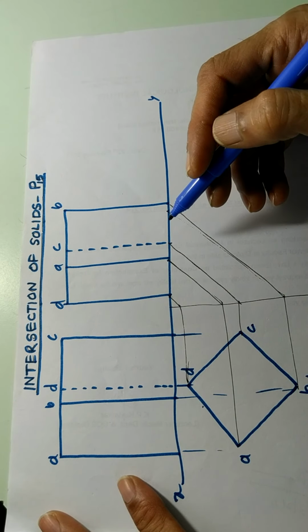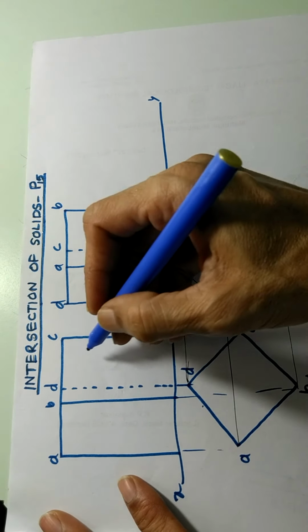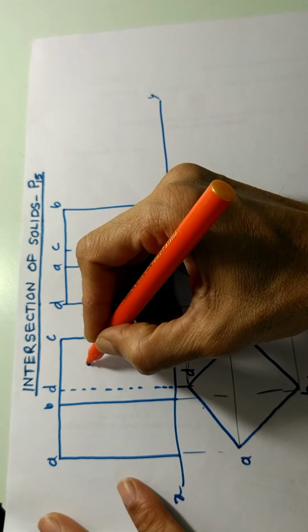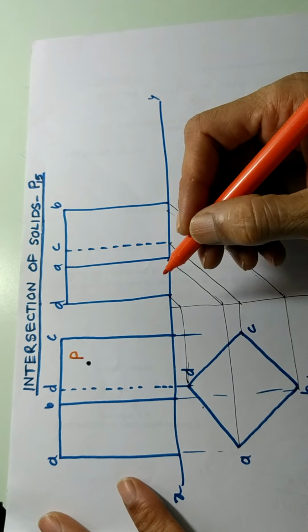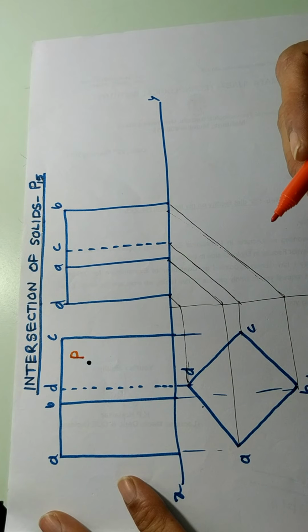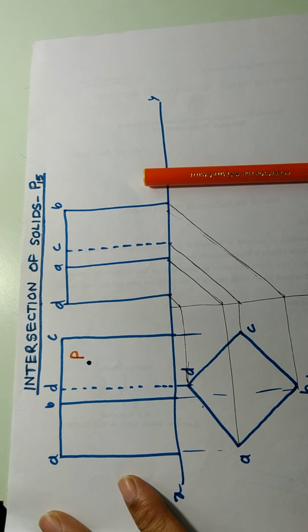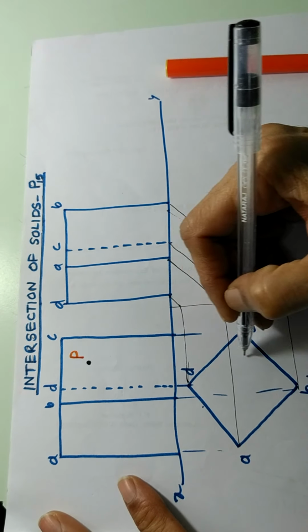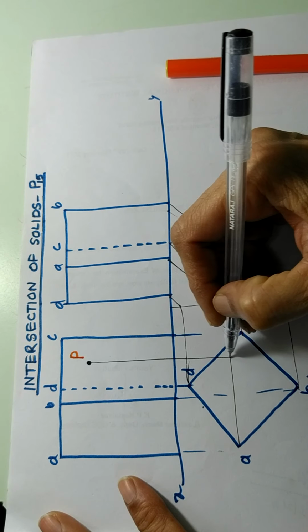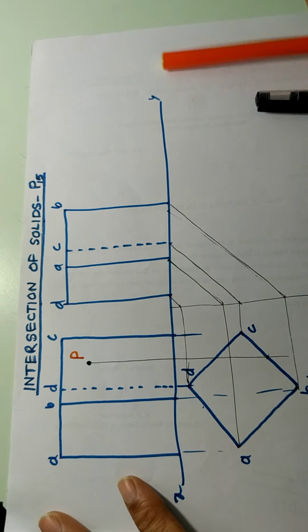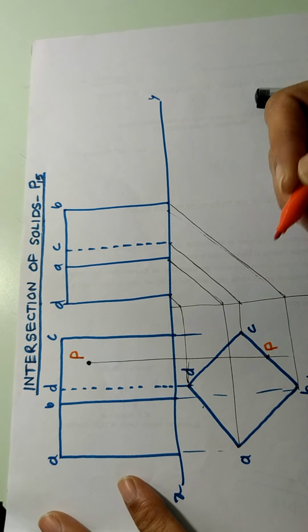Now see, what we do is, on this particular BC surface, somewhere here, I am marking one point P. Let me mark here one point whose name is P, and we are asked to show this point P in the other two views. Now what we will do here, first, is draw the projector lines, because when you see from top, P will obviously be in this line somewhere. So we draw a line like this, and since it is lying on surface BC, that means the top view of point P will be here.